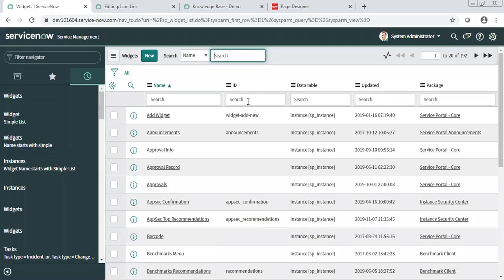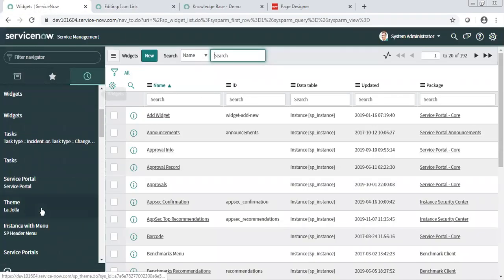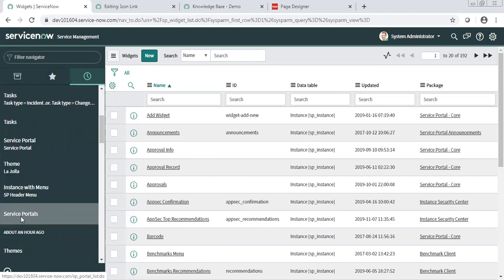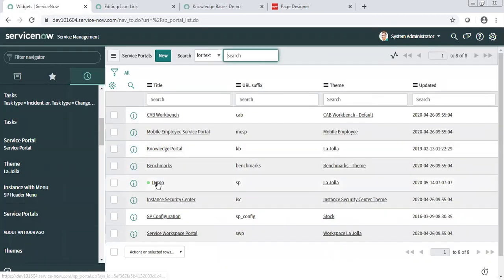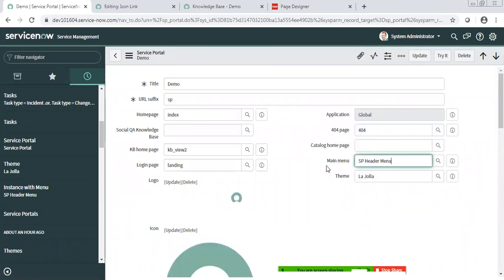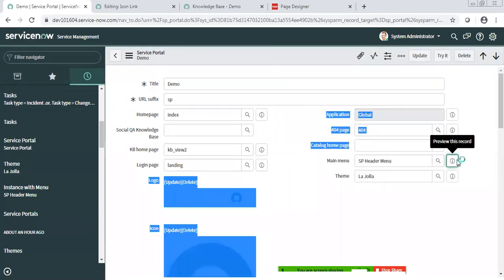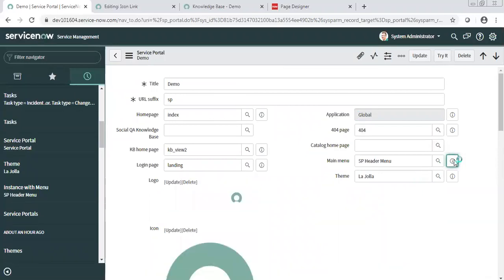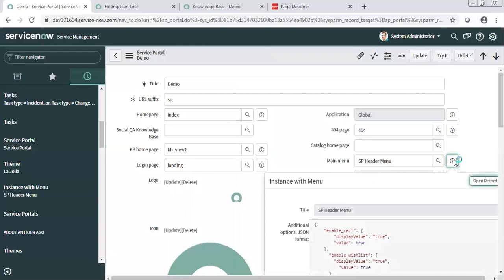I have shown you, I think, how you can see what those links are. If you go there, you will see this header, and then you can navigate to this header record. Yeah, you have shown me. So I'm just asking, these are called header menus, right? Yeah, header menus.